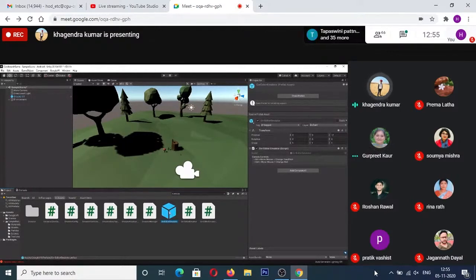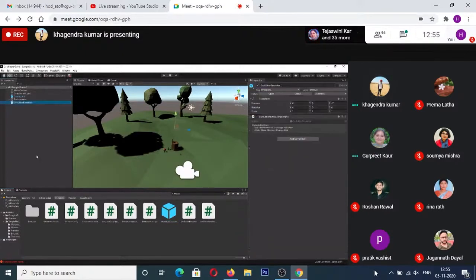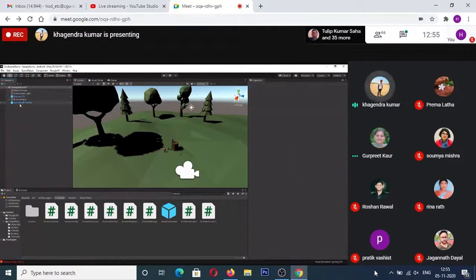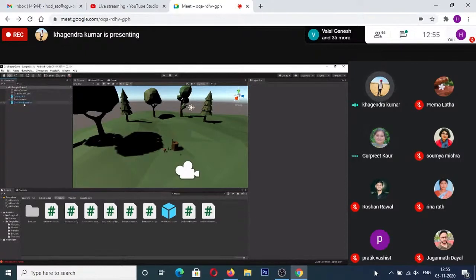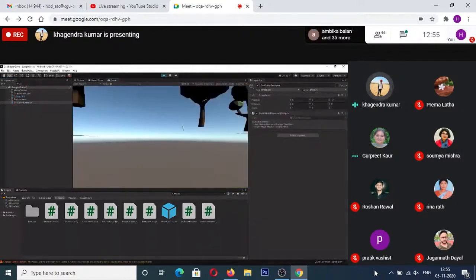Once you select that, you have to drag it and drop it onto the hierarchy window. Make sure that you don't nest it or create a child of any game object while you are dropping it. So it should be independent. Once you do that and click on play, you will be able to move and see this scene with the Google emulator view.